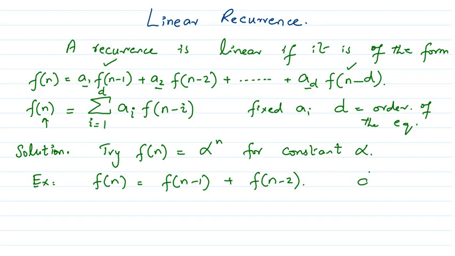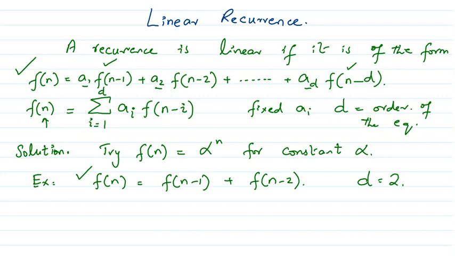The order of this equation is 2. That is, here d is equal to 2, right? And we can also guess what a1 and a2 are, that is, the coefficients attached with these two terms. If you compare this equation with the general equation, we can easily find the value of the first coefficient a1 and the second coefficient a2. Here it is very clear that these two coefficients are in fact 1, because we are not seeing any other multiple with these terms. So here a1 is 1 and a2 is also equal to 1, right?